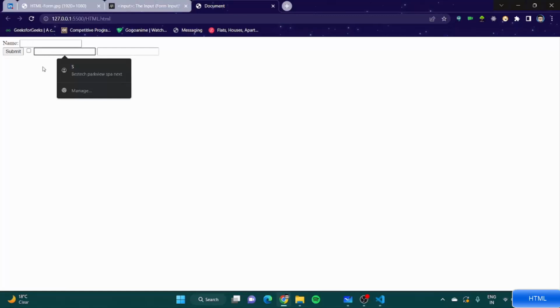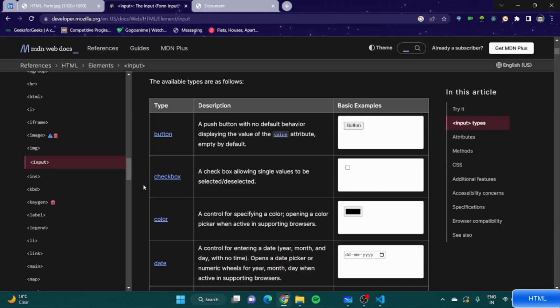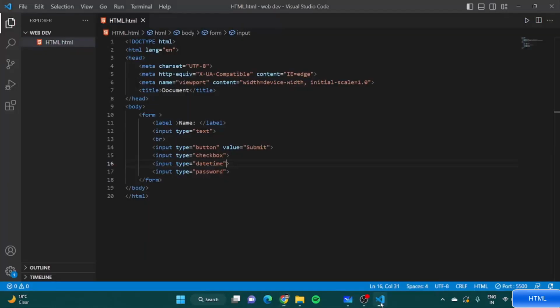Yeah, we got a lot of things, but why the date time is not working? Okay, let's just go here. Okay, it's just simple date. Let's just have date here. Okay, so let's save it. Let's go here. You can see you can choose your date from here. You can have the checkbox and see the password box. What's interesting here is see the password is encrypted. Alright, so yeah,